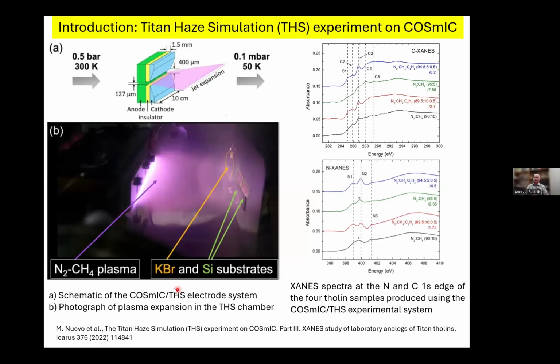For example, in a cosmic, which was built in NASA, there's a discharge between two electrodes, and the gas mixture is injected through this electrode system, forming the low temperature plasma, where tholins are being formed and